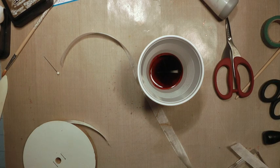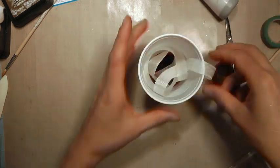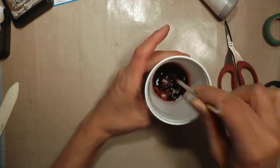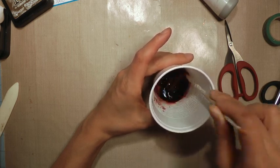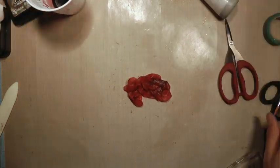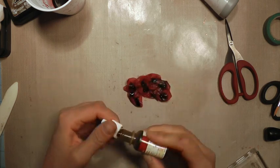And I'm going to take a good length of this ribbon. I probably use 18 to 24 inches. And then I'm going to soak it in that solution. And I realized that maybe I had a little too much water. And so you'll see me in a sec here, I'm picking it up to see what color it's turning. And it was a little too pink for me. I wanted it to be a deeper red. So while it's sopping wet, I'm just going to add a few more drops of the cherry cobbler re-inker, and